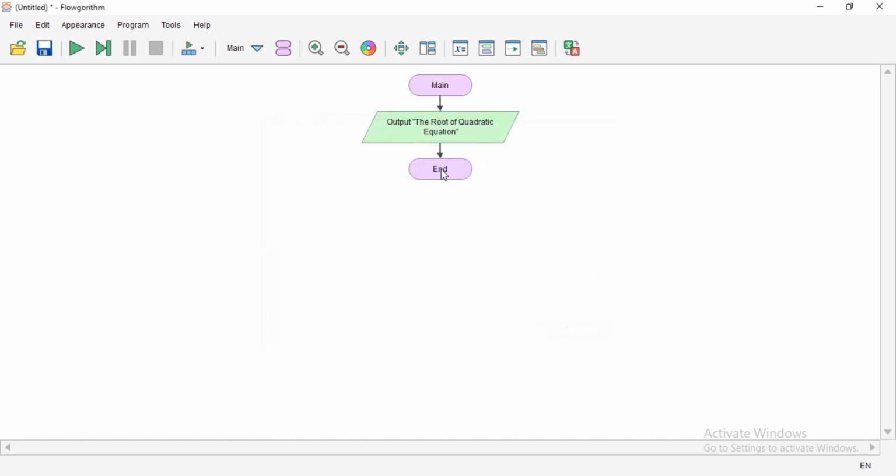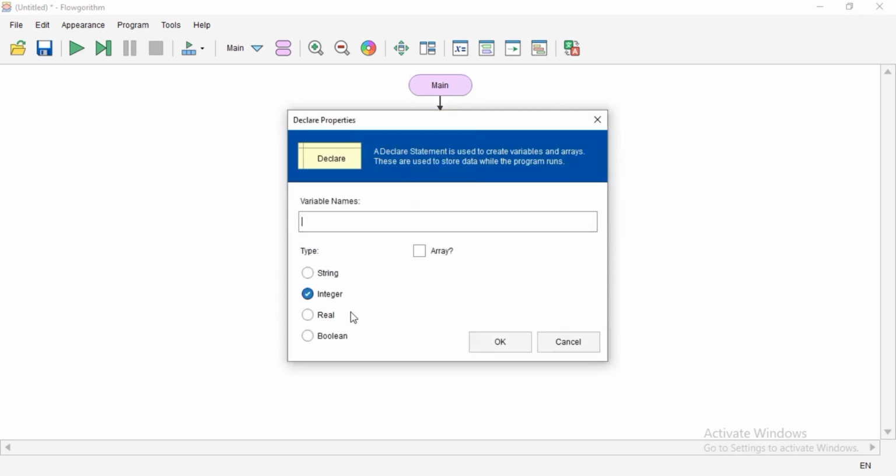Okay, next choose declare and then choose real. What are the variables for the root of a quadratic equation? A, B, C, determinant, x1, x2, right?